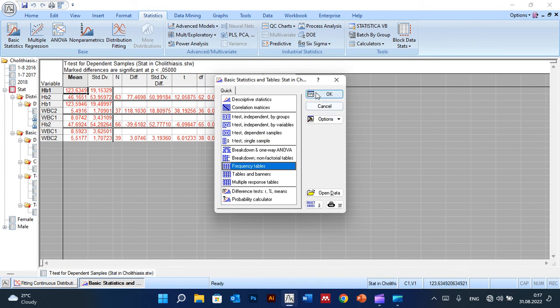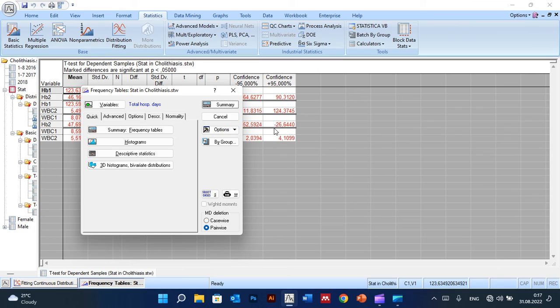Go to the frequency table. The frequency table is usually used in describing the materials and methods. I prefer to use it in the materials and methods